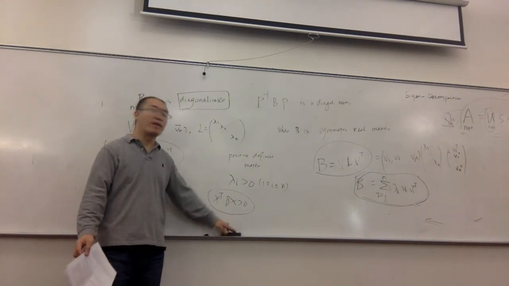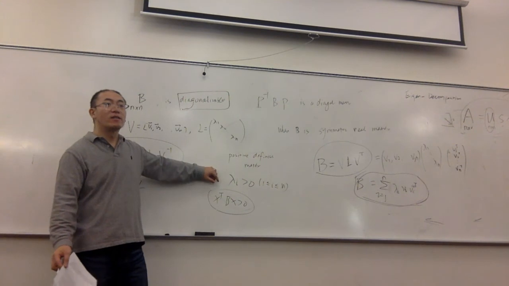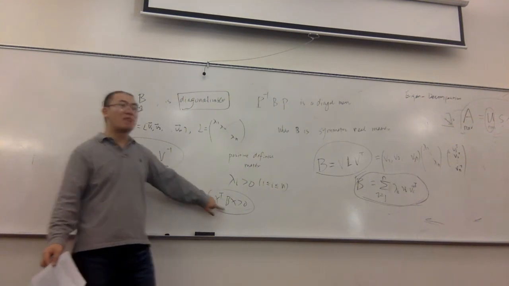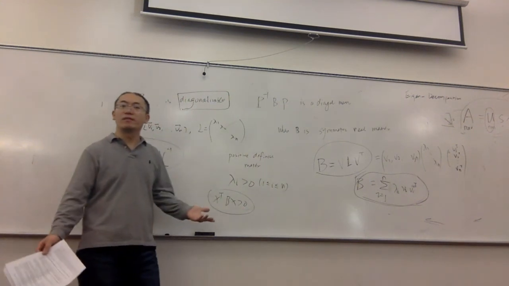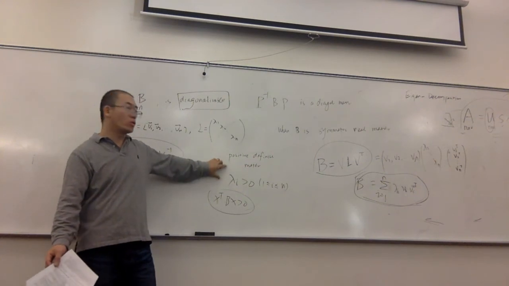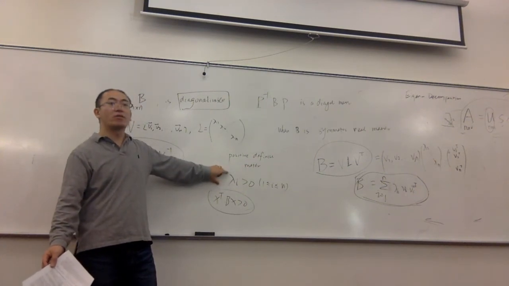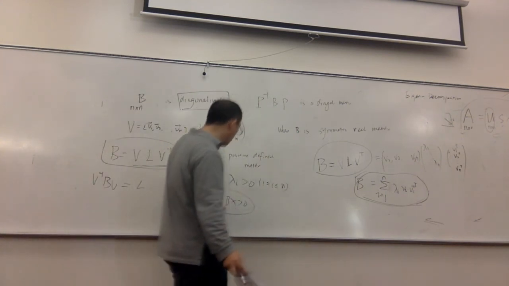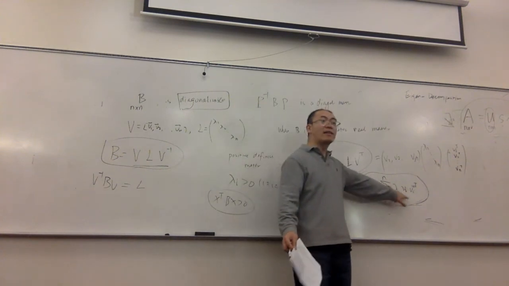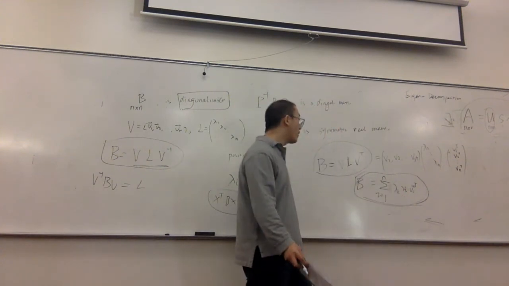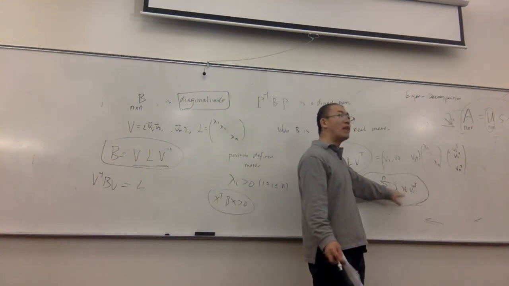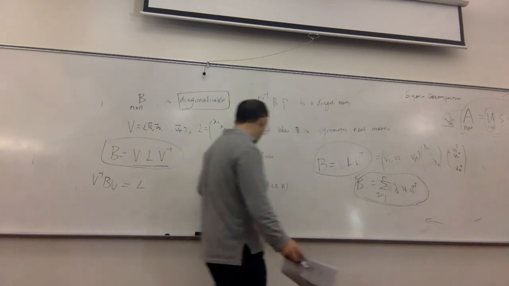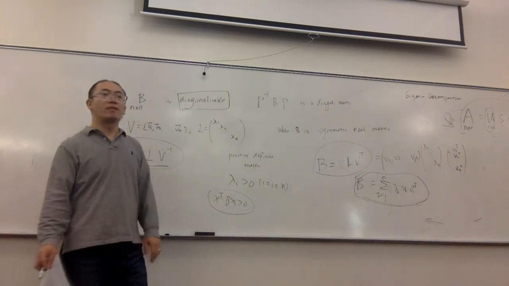These two definitions are equivalent. How do you verify that? You can try to replace B with its Eigen decomposition form. You will find that when each lambda i is strictly positive, this result is always positive,